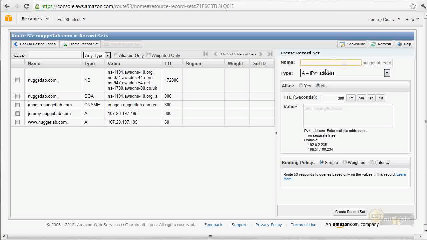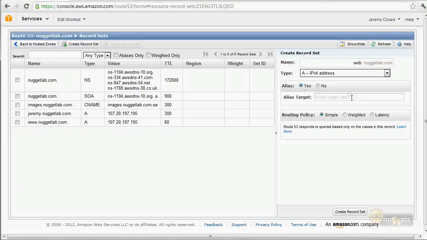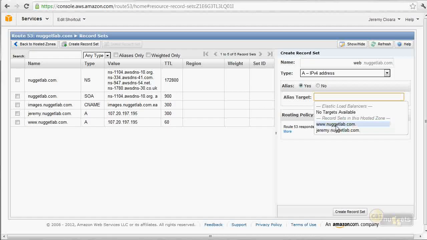Create a record set. We're going to go web.nuggetlab.com, go back to the aliases. When I click this drop down, I can see the record sets in the hosted zone, but also look right here, elastic load balancers. To where if I have elastic load balancers, take your brain all the way back to the EC2 world, where we were talking about the elastic load balancers being available to